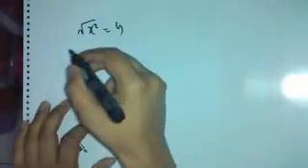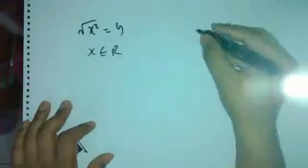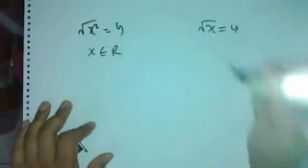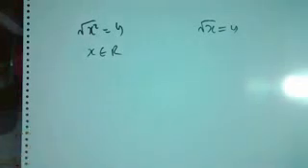So if the square root of x squared is equal to y, what happens? Here x can take positive values as well as negative values. X belongs to all real numbers. It can be minus 2, it can be plus 7, it can be minus 2.756, it can be plus 7.897. While in this equation, root of x is equal to y, x could only take values which are equal to or greater than 0, right? Because the square root is always positive.